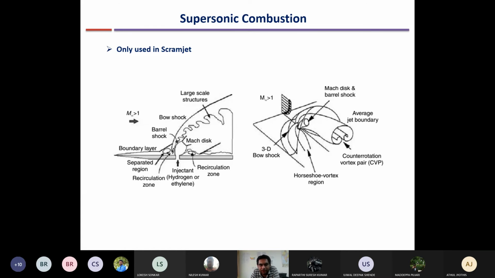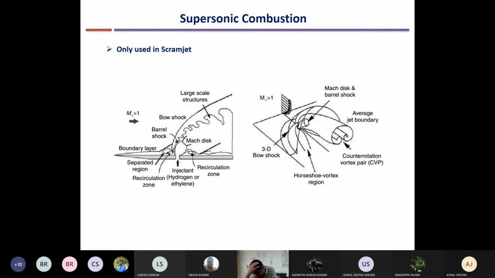When you have supersonic combustion, you keep the velocity still very high after diffusion. As a result, what happens? The static temperature rise is not so high, and the pressure losses are also not so high because the diffusion is less. So you have a large possible temperature difference in the combustion chamber. You can add a large amount of energy also.